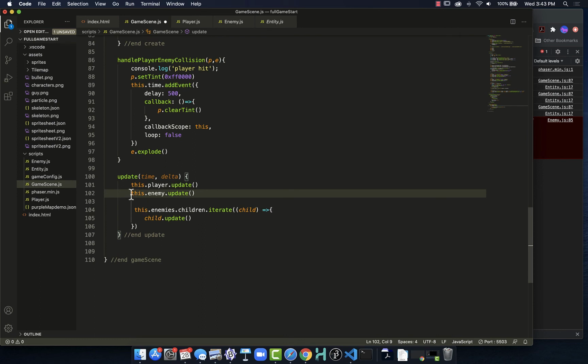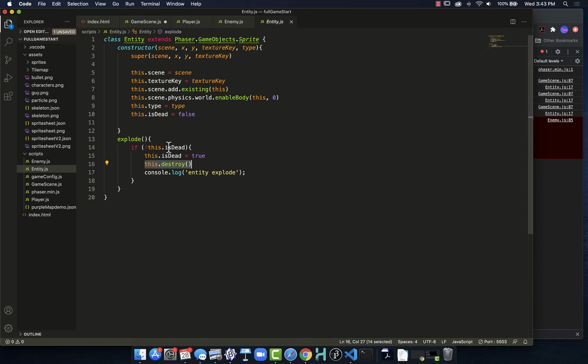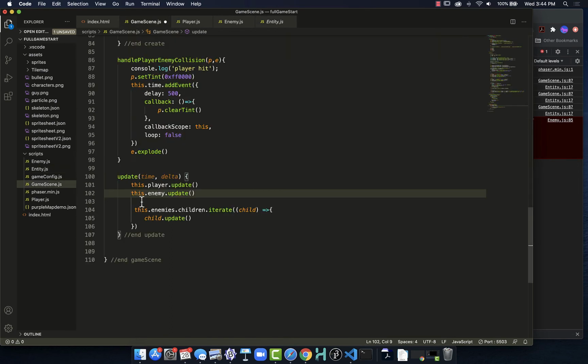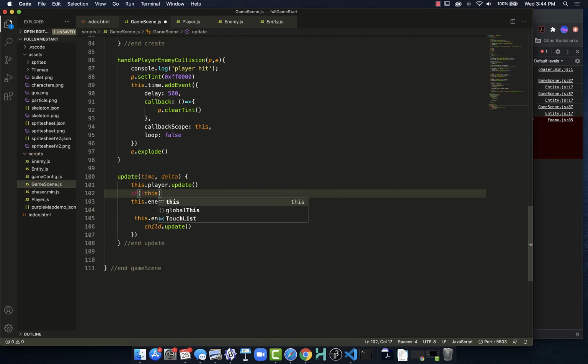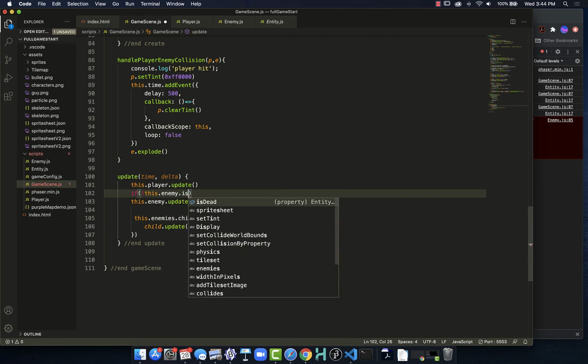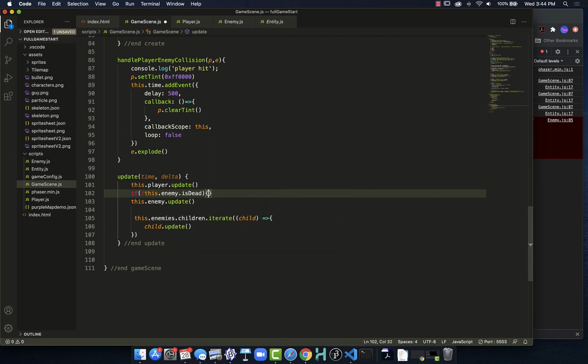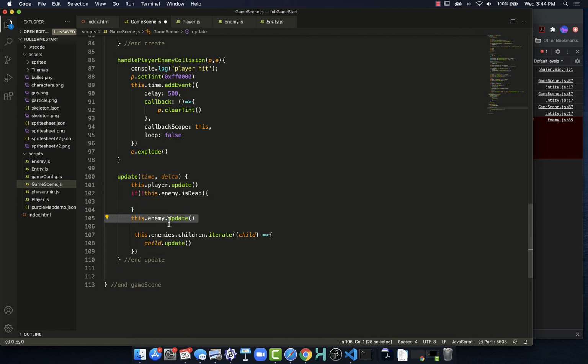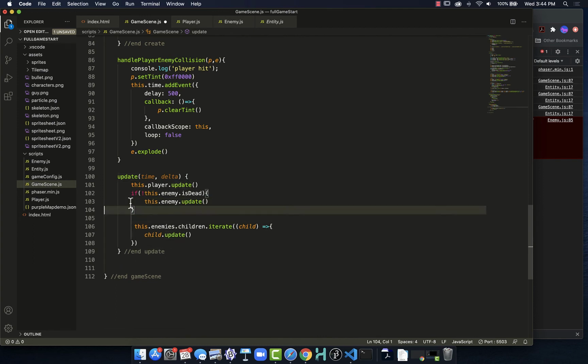It crashes when the enemy intersects it. And if we look in the entity class, it will destroy the object if the object is not dead. Remembering it has a dead property, and it is set equal to true. And if we check for that first, so if we check to see that this dot enemy dot is dead is not true, and only do our update when that's not true. Now if I save this,